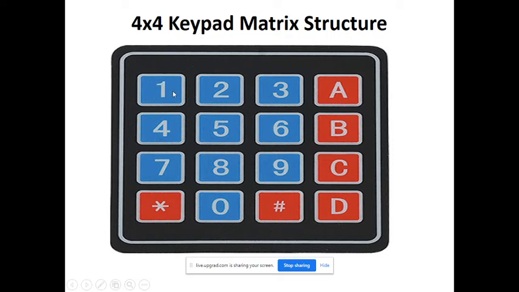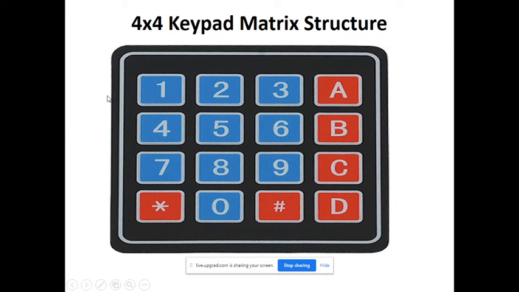Whatever key code, that ASCII value, just write into the lookup table. Agree? The lookup table is inside the memory. We are creating the lookup table inside the memory, which holds the ASCII value of the respective number as per the structure of the 4 by 4 keypad matrix.